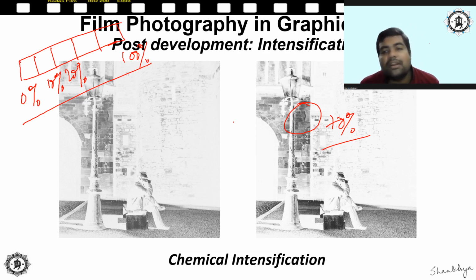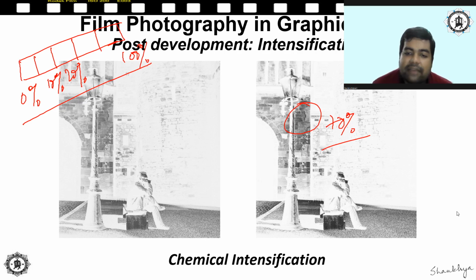Once you have already deposited the silver, in order to enhance this, you can no longer use silver, but you can use some other metals to deposit in those areas, so that its overall optical density increases. It can also be used to both decrease or increase contrast. Cutting or subtractive intensifiers mostly affect the shadow areas and have little effect on the highlights, thereby reducing contrast.